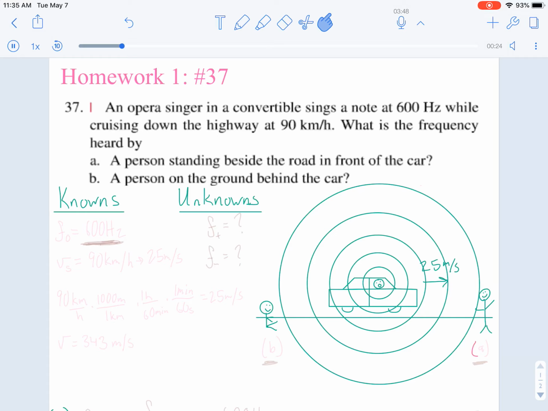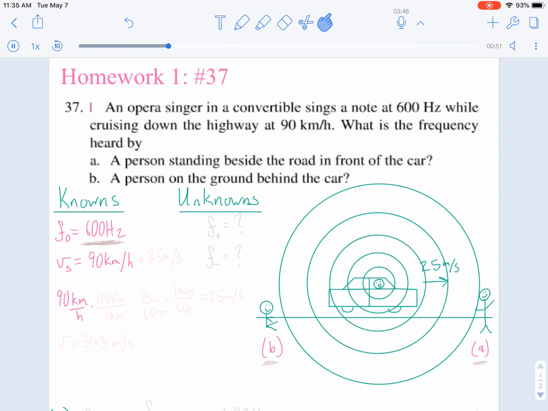So this is my little person A and little person B. So we're going to start with the unknowns since the picture's already drawn. And we know that the frequency of the singer is 600 hertz. And we know that the vehicle is driving at 90 kilometers per hour, which can be converted to meters per